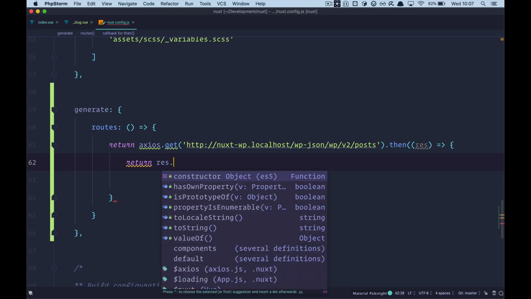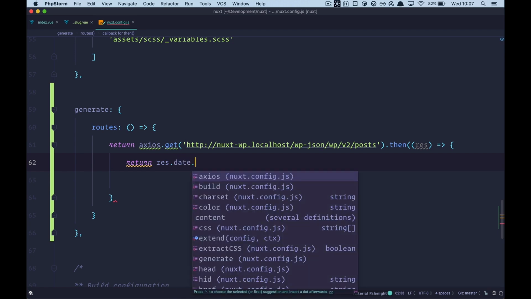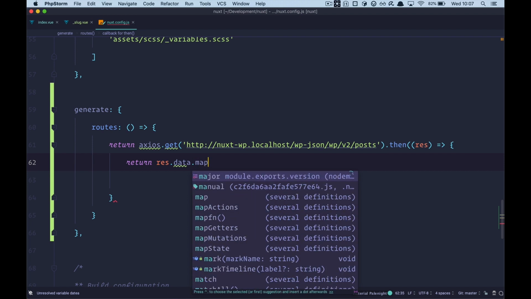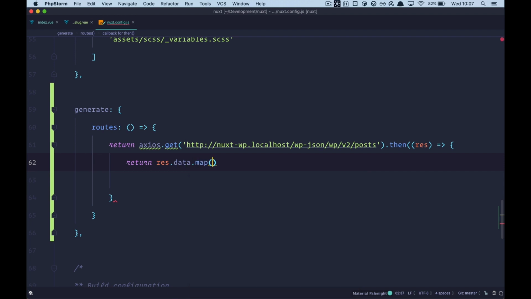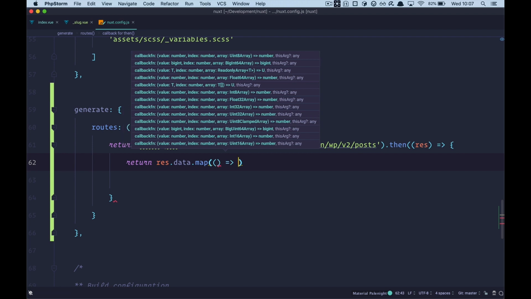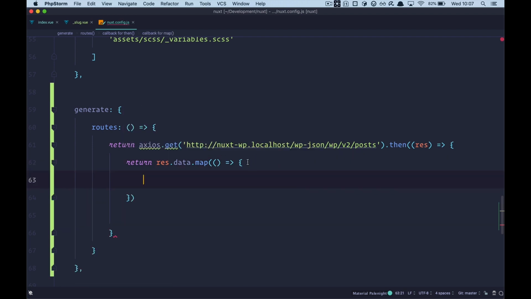So we are going to return data, and we are going to map that data. This is very similar to going through a for each loop, right? And we want to send the post in it. So this is going to be every specific post. And now we can define our routes, and we are going to define them by returning again, returning a route,